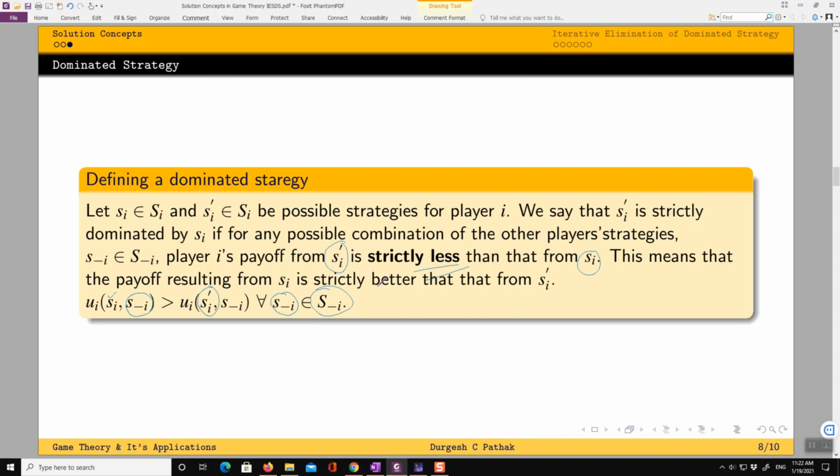It means that Si dash is always giving a lesser payoff than Si for player i. So this is the dominated strategy: Si dash is dominated by Si. There can be weak domination as well, and the argument will be the same, only the notation will change like this.